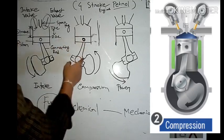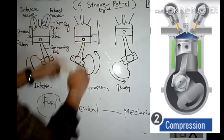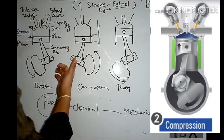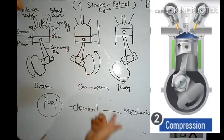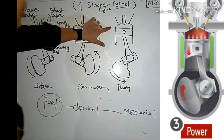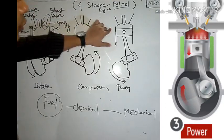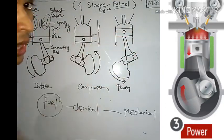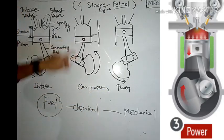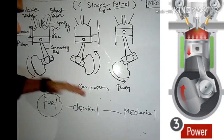And after that, when the piston reaches the TDC, the compression stroke is over. As I have said, a stroke is a move from TDC to BDC, or BDC to TDC. And now going on to the third stroke, as you can see here, the piston moves from TDC to BDC. But how? In the power stroke, at the end of the compression stroke,